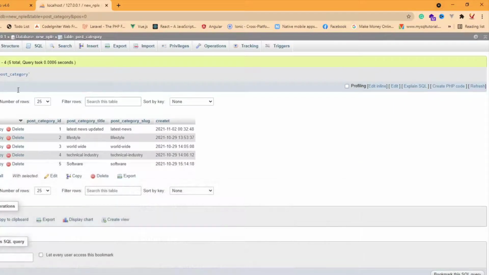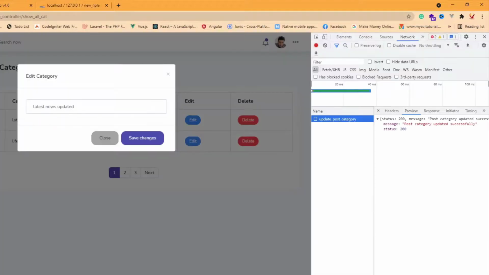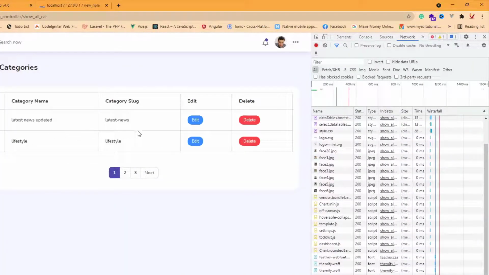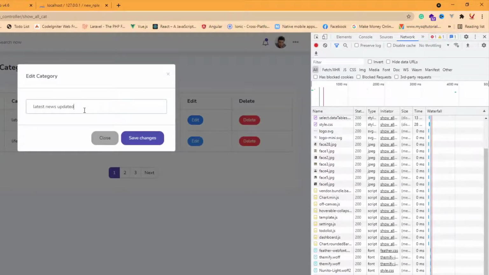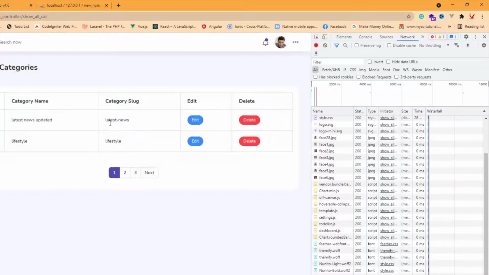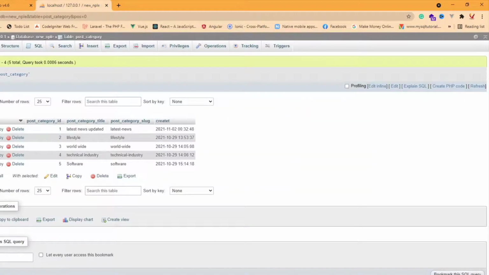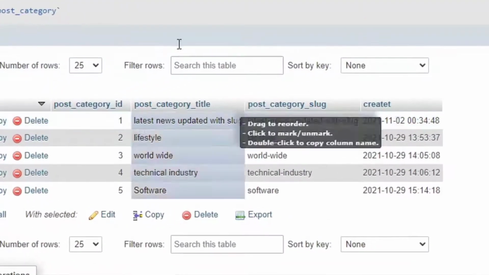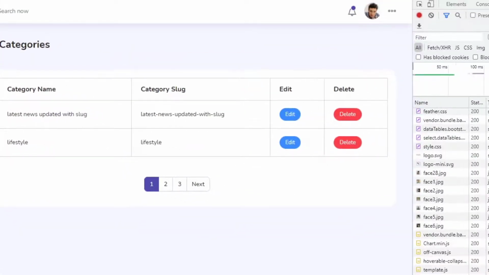Okay, let's check. Refresh, and again edit updated slug and click on the save. It's gone, and when you check in the database, latest news update with slug, and it's also